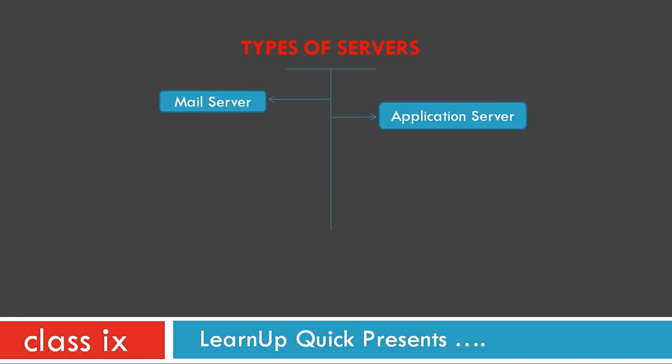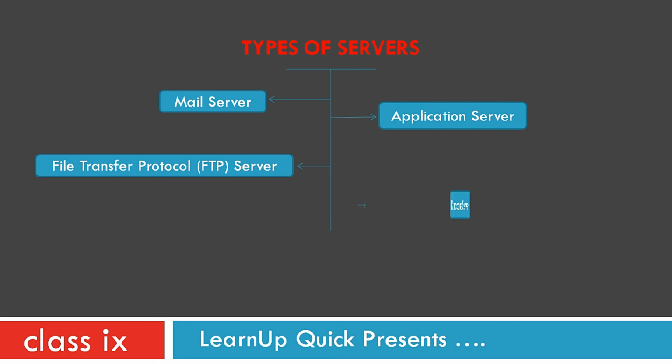Application server. An application server acts as a set of components accessible to the software developer through an API defined by the platform itself. File Transfer Protocol (FTP) server. FTP uses separate control and data connections between the client and the server. FTP users mainly authenticate themselves in the form of a username and password but can connect anonymously if the server is configured to allow it.